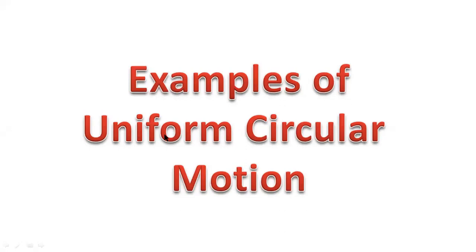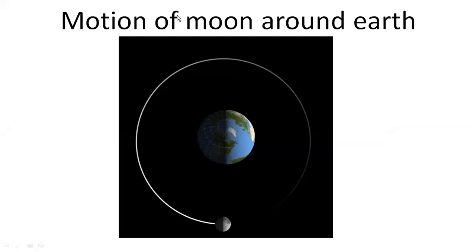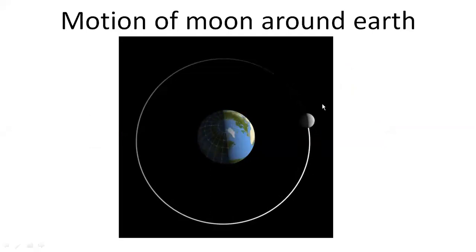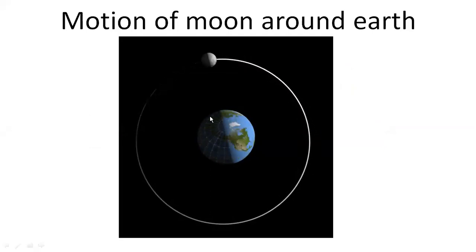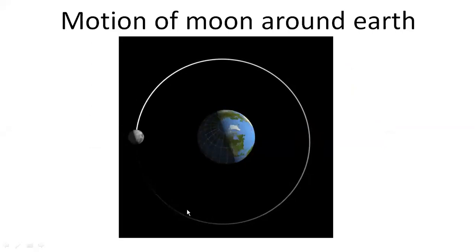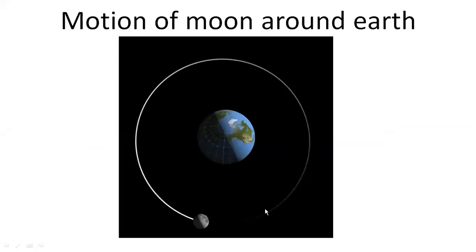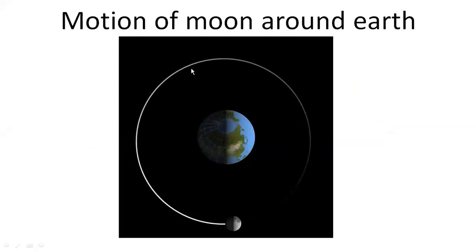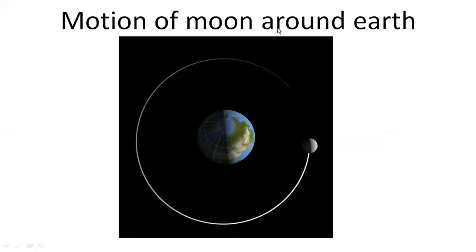Now we are going to talk about this examples of uniform circular motion. Okay, we already know what is uniform circular motion, object traveling with uniform speed. Let us take examples. Okay, because in the exam you need to also memorize examples of this. So the first example we are going to look for is motion of moon around the earth. So earth is already moving, but you can see moon is traveling around the earth. Okay, it is traveling around the earth in a circular motion. So that is the first example, uniform circular motion.